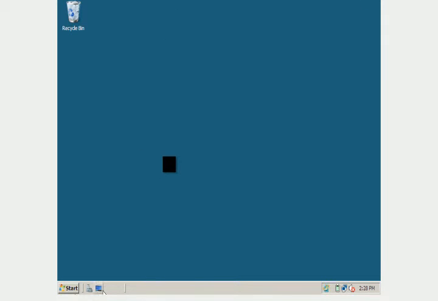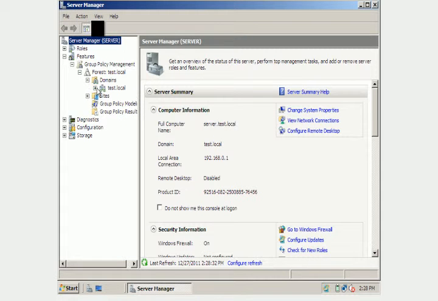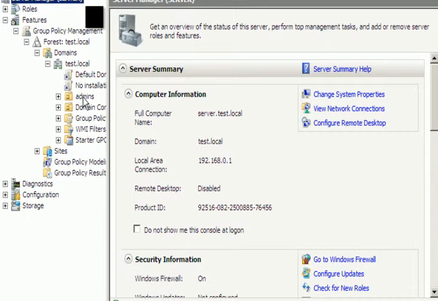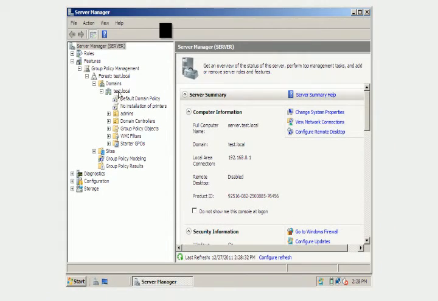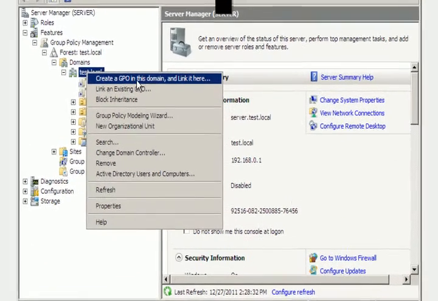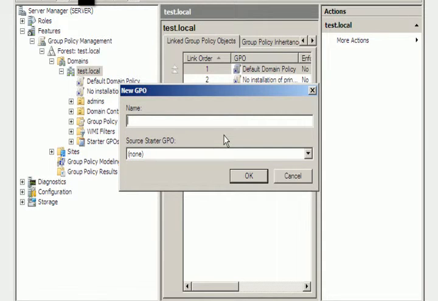So what I'm gonna do here is go over to the Server Manager, go into Features, Group Policy Management, our domain test.local, and here we can see the admin OU has been added. Right? So what I'm gonna do is right click on test.local, create a GPO in this domain and link it here. Right, so you're just gonna name this GPO